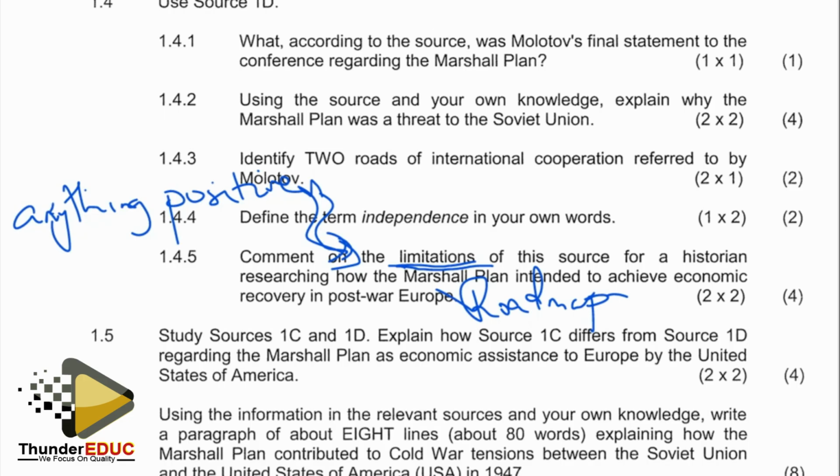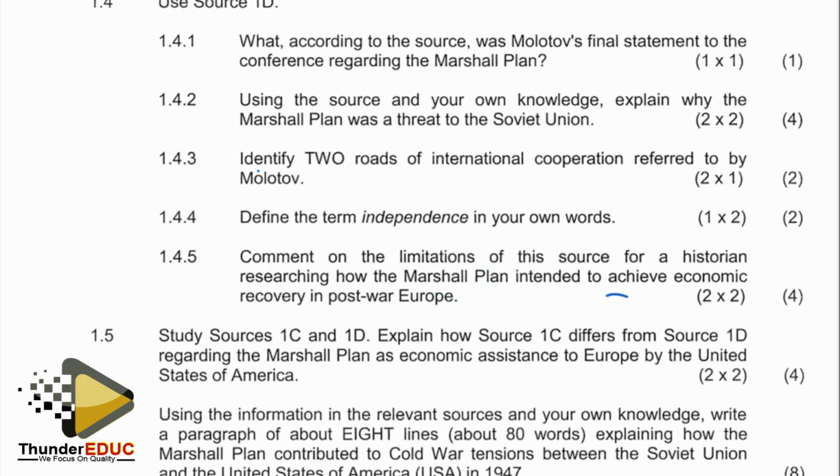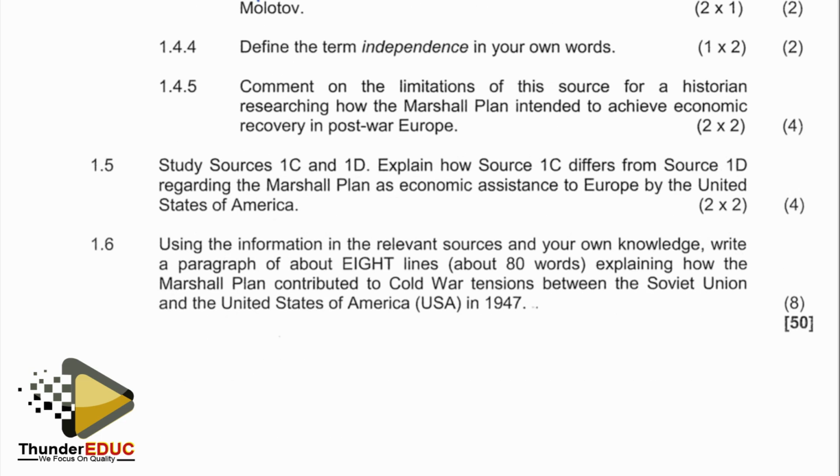Right. We move on to the next question. The next question is question number 1.5 rather. Moving on to 1.5, a 2x2 question. Study sources 1C and 1D. Explain how source 1C differs from source 1D regarding the Marshall Plan as an economic assistance to Europe by the United States of America. Right, those two sources are two extreme ends. Source 1C is saying,